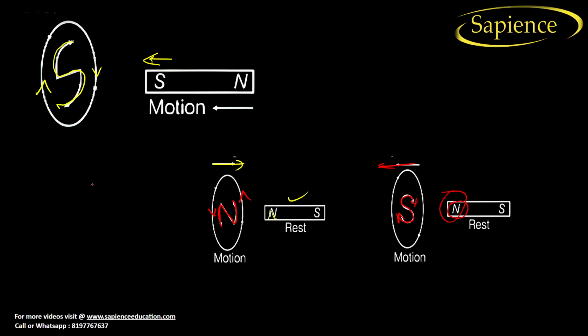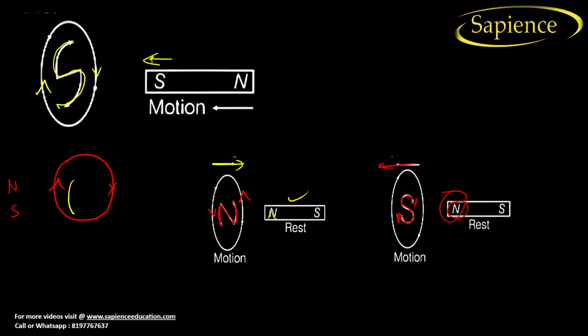One more thing is that you need to find the polarity. So it is very important to know what the polarity is. Suppose I am telling you that the current is moving in this direction. How will it behave? It will behave as a north pole or a south pole. So you need to do a simple thing: you can make either a north N or a south here. Let us try to make it a